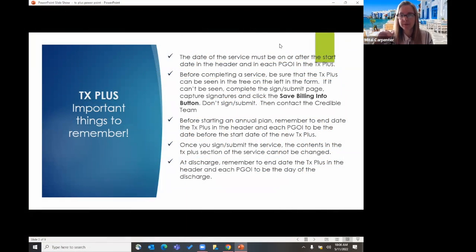So the last time we met, when we talked about the TX Plus, we went over how to do an initial TX Plus and how to do a